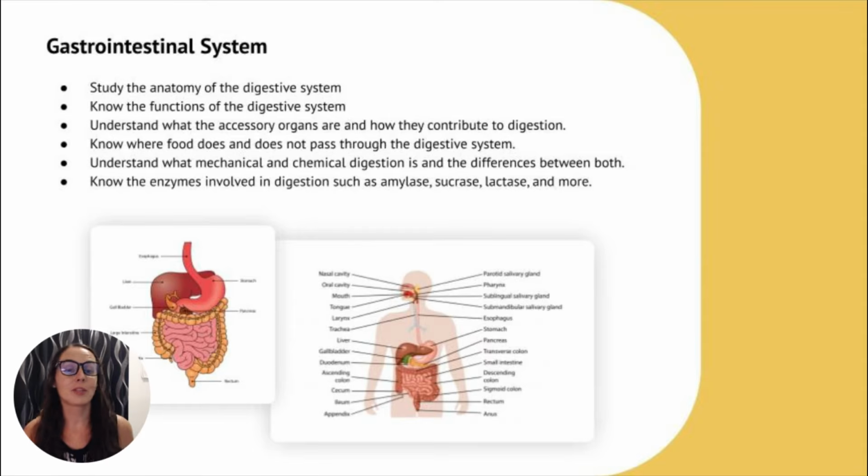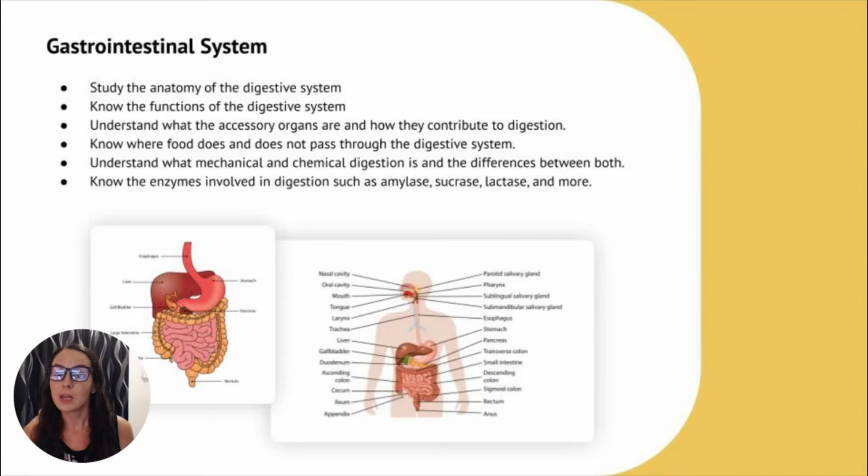Okay, now we're going to jump into the gastrointestinal system. We're going to review the essential concepts of the digestive system, which is the GI system. You need to know the functions of the digestive system, which is pretty broad. It takes in food, breaks down food, absorbs digestive molecules, provides nutrients, and eliminates waste. The digestive system consists of the digestive tract. So what is the digestive tract? That's a tube extending from the mouth all the way down to the anus, and you need to know the